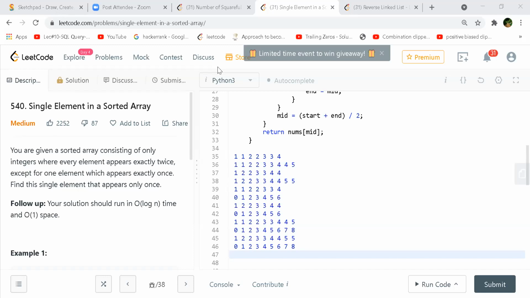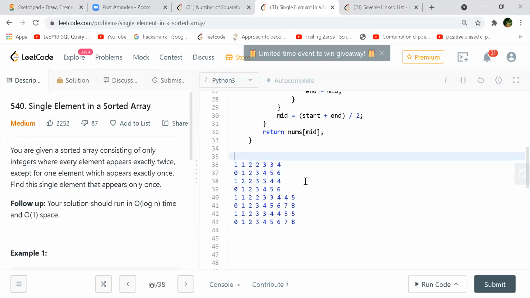Can you remove everything from 35 to 38? 35 to 38, remove it, right? Yeah. Okay. Now press enter after line 37, 39 and 41. Basically 0 1 2 3 4 5 6 is representing the index.